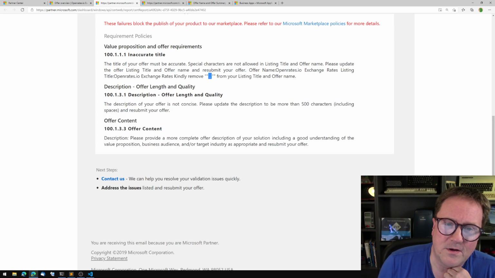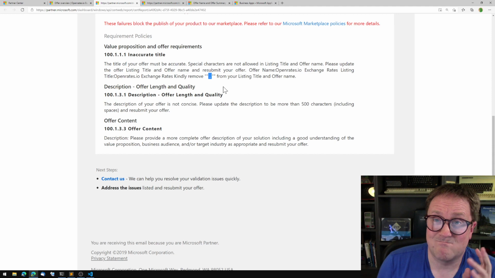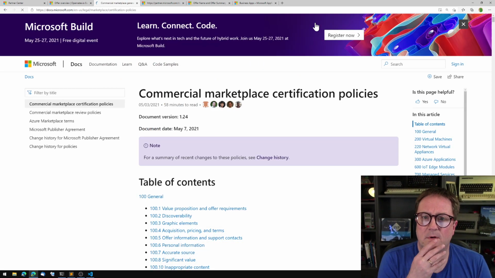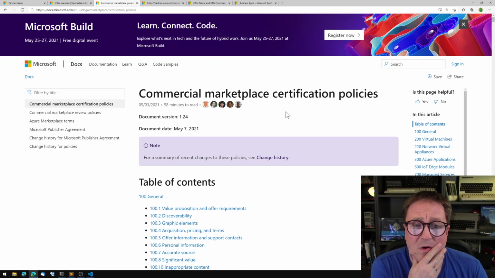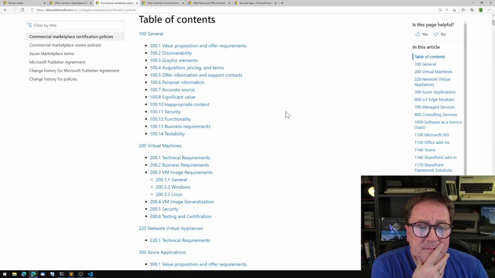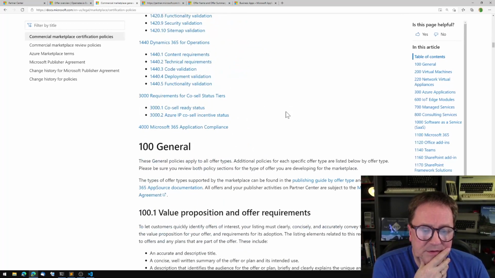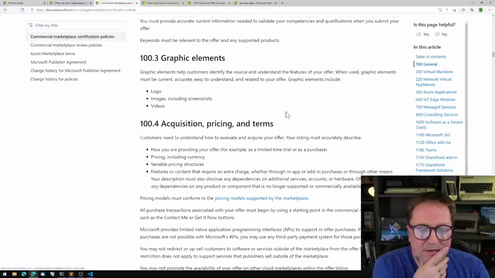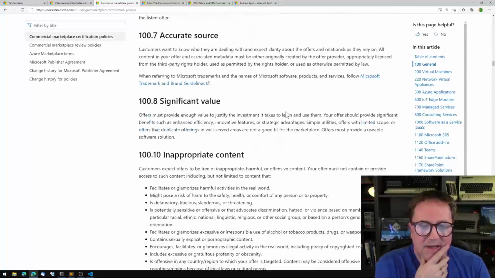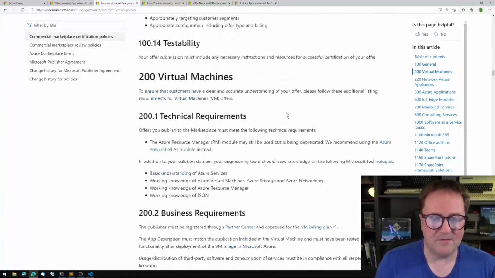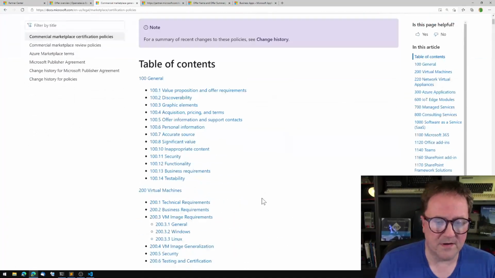But the dot. I have over myself and eFocus plus 10 apps on AppSource, and this is the first time I ever met that you cannot have a dot. So let's go to the commercial marketplace certification policies, which is a long story. Anyway, I think we can get down to, no, actually, let's go back up here and find